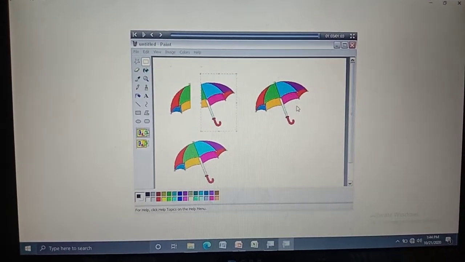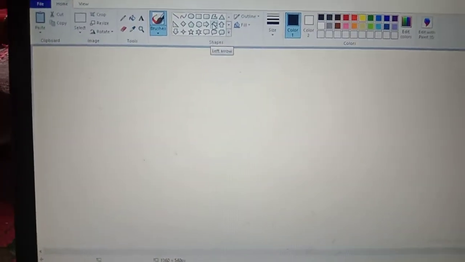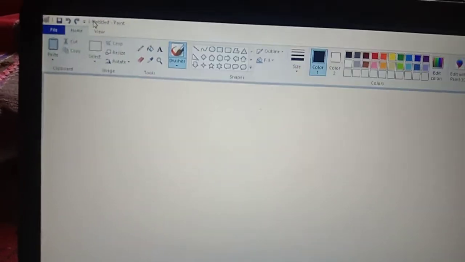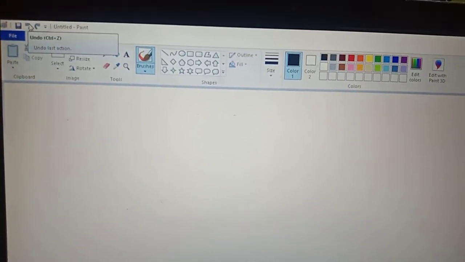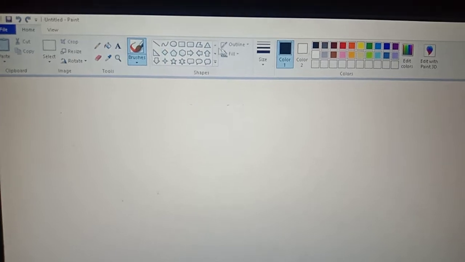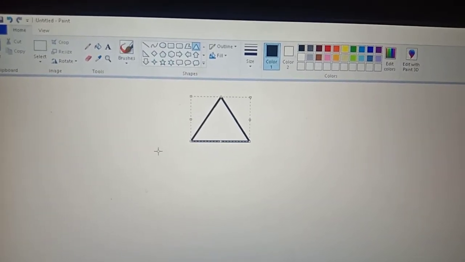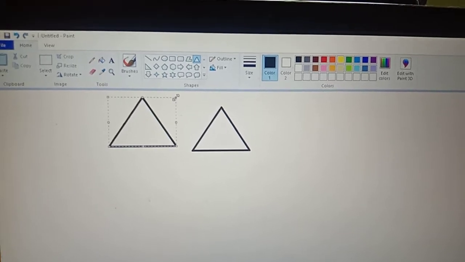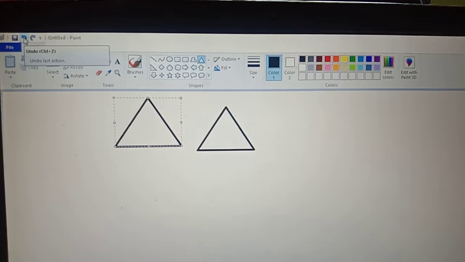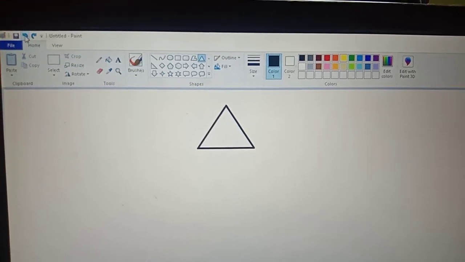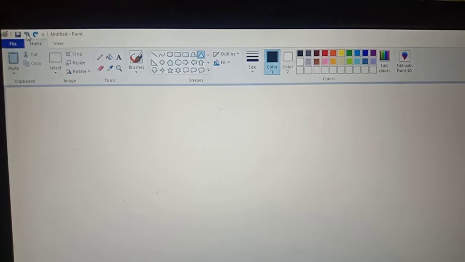I'll show you the undo and redo concept here. Children, now I'm going to explain the undo and redo concepts. See here, this is undo and this is redo. Here I am drawing a triangle. You just see what happens if I click the undo option. It just deletes the last part that I did.